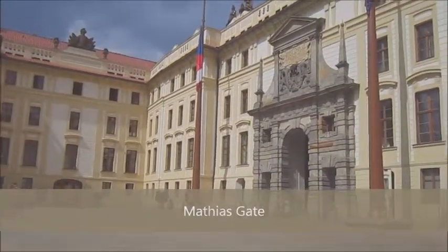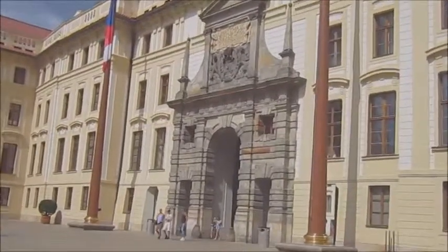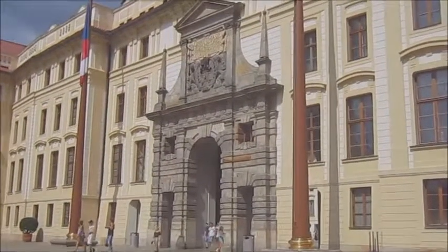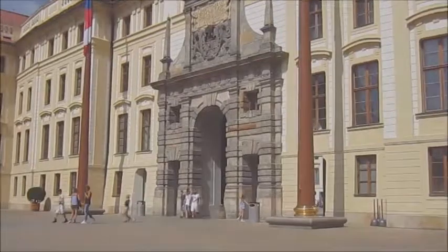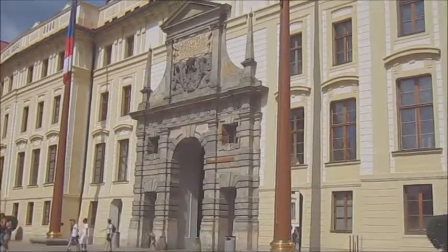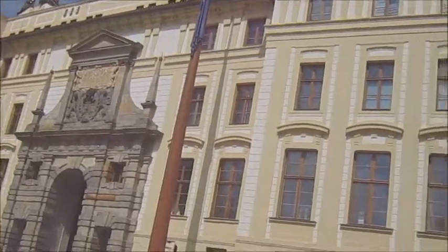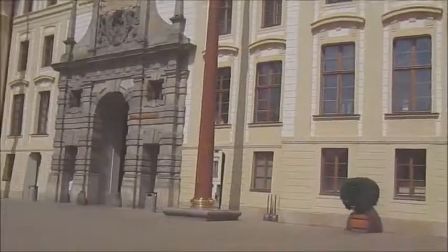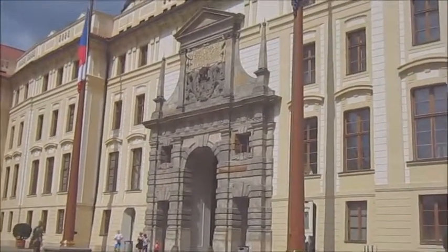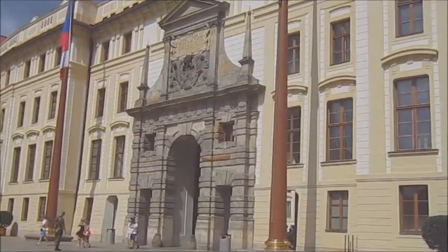The gate that you can see is the Matthias Gate. It's called Matthias Gate because it was built during the reign of King Matthias, in the 17th century, in 1614, and this is the original part. This one is modern, the facades are from the Renaissance, but this is the original part that stayed here until now. And above you can see the coats of arms of all the countries that the Habsburgs